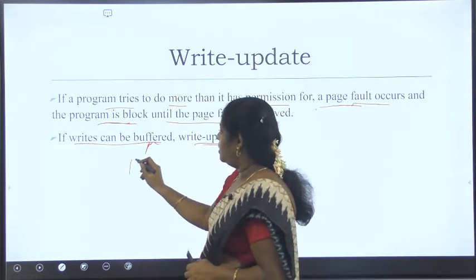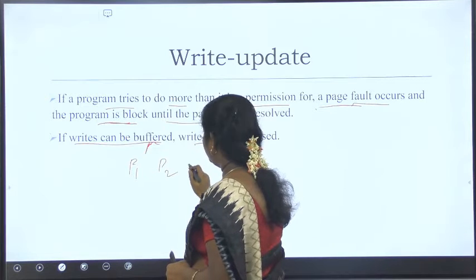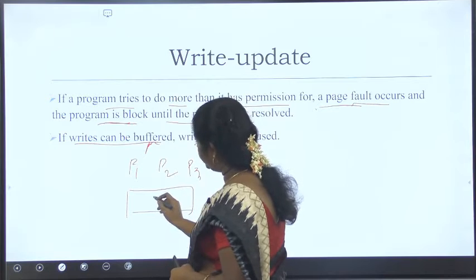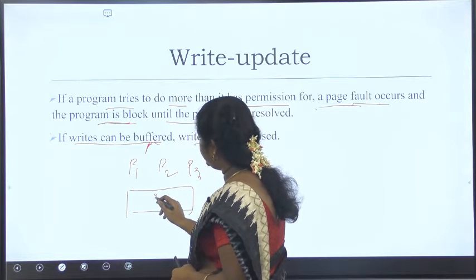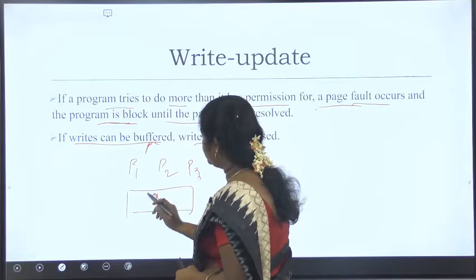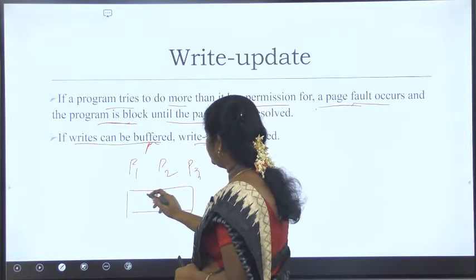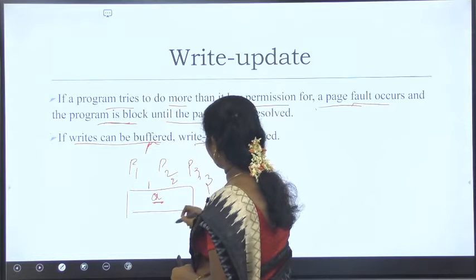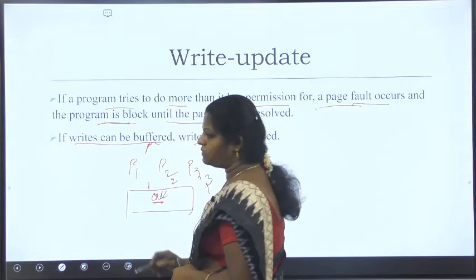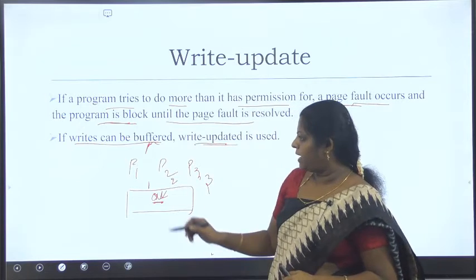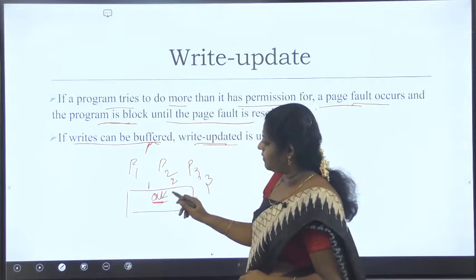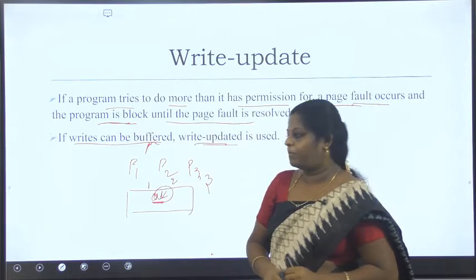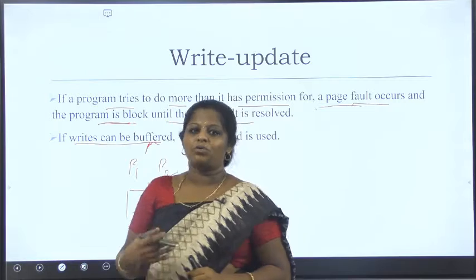For example, we have 3 processes that are going to write to the shared memory. The variable a: the value 1 is going to be written, value 2, and value 3, and that should be in the same location, which is present in the page based system, in the variable a. So all 3 want to perform the write operations. What will happen then? That will be stored in the buffer.